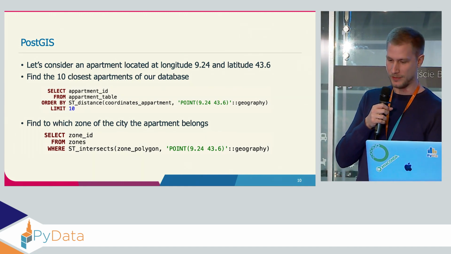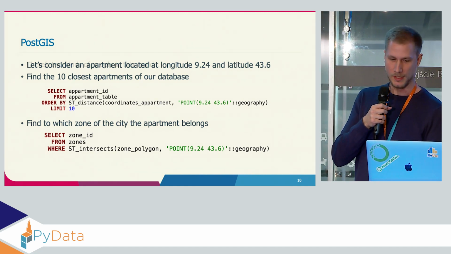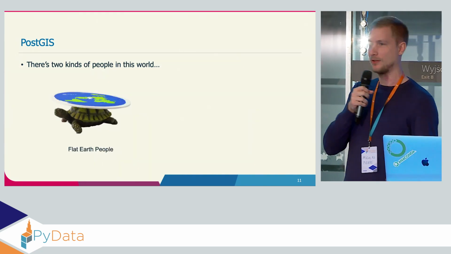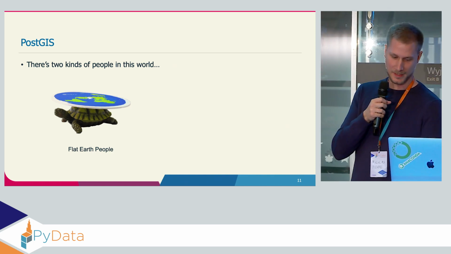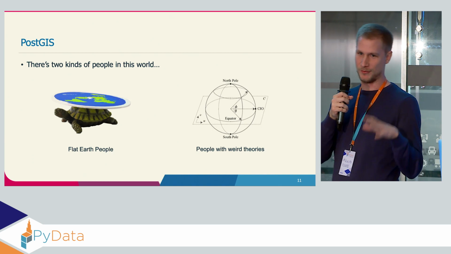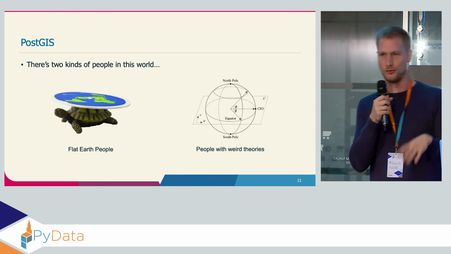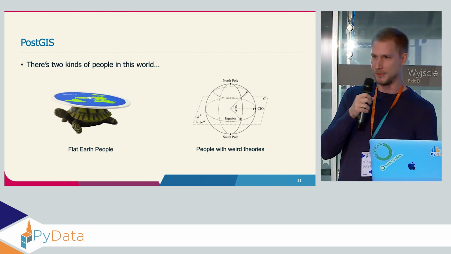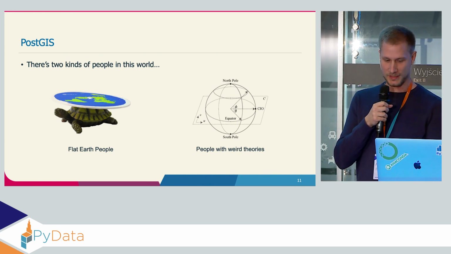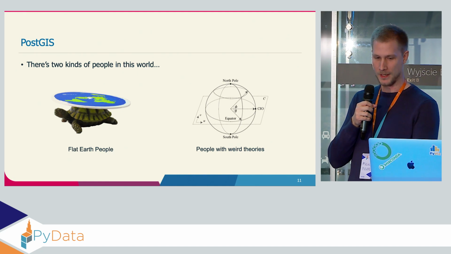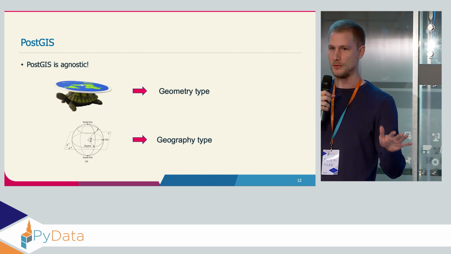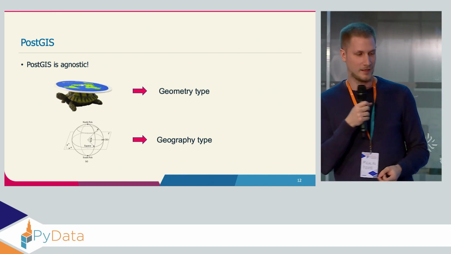It's even better than that, using PostGIS, because there are two kinds of people in the world. There are flat earth people, and then there are people with very weird theories saying that the Earth is actually a sphere, and when you want to calculate the distance between 2 points, you should do very fancy trigonometric calculations that nobody wants to do. The good thing is PostGIS is agnostic about that. So if you want to keep it simple and you say, okay, the Earth is flat, I don't care about being very precise, anyway I work on a very local